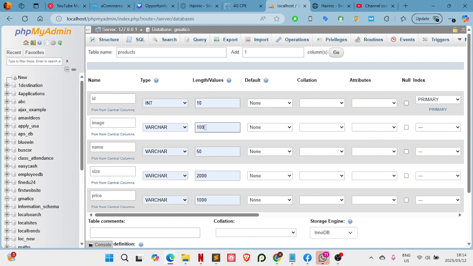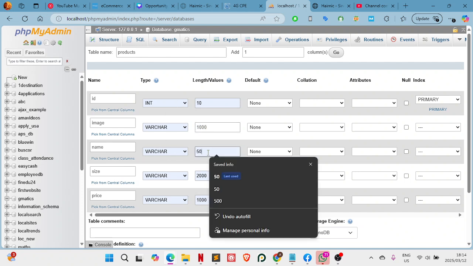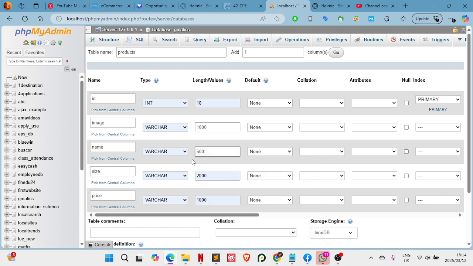So let us just put 1,000 here because the strings sometimes may be too long. Here let us just put 500 for the name. For the size, it can't be 2000. Let us just say 50. You must be very careful here. Most of the time you just need to put a higher number so that the database doesn't get mixed up